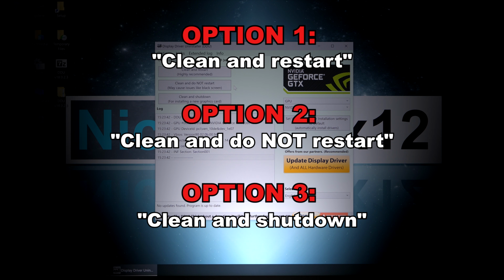You'd pick option number 2 if you plan to get rid of leftover files, not just by one graphics driver, but several ones by different manufacturers. In some cases, you may or may not run into some issues, which is why option 1 could end up being the better choice for that mission as well, even though it will consume a bit more time. The third and final option will automatically shut down your PC after it's done cleaning, getting rid of the driver. This is ideal if you plan to upgrade from one graphics card to another.